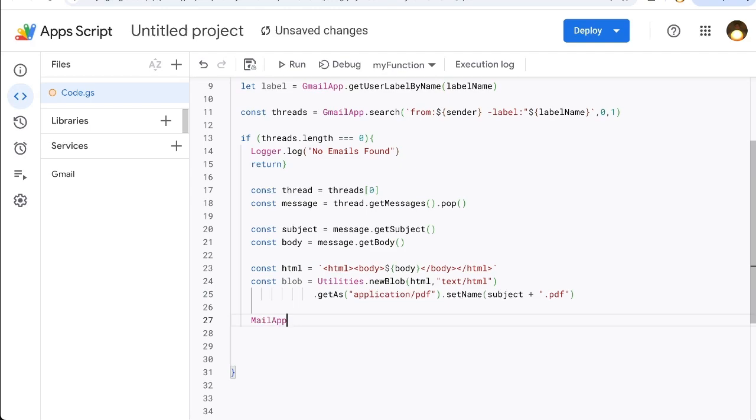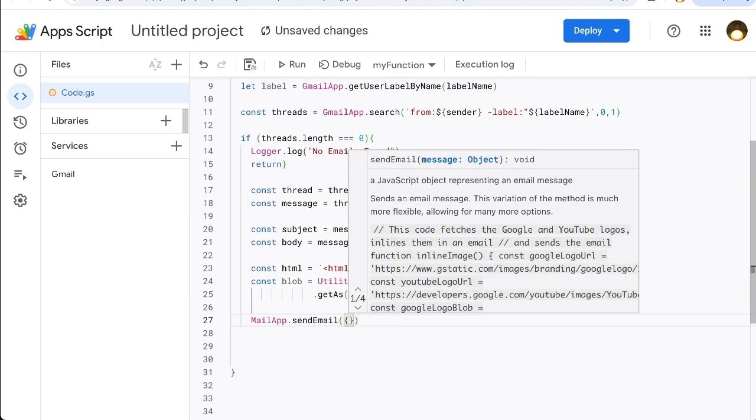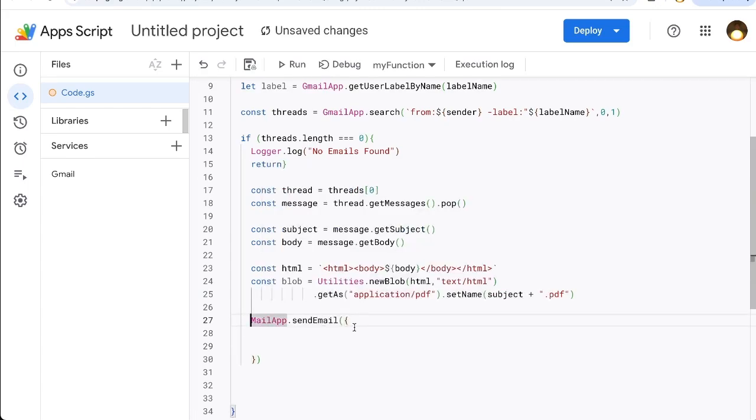Usually I'm emailing something to myself from Sheets. This time I'm emailing it to Kindle. But we're going to do send email, and we're going to need in curly brackets a bunch of stuff. So MailApp.sendEmail usually is fairly simple, like just who it's to, the subject and body, and send it. But we want to add an attachment, so we want to use these curly brackets to add some interesting little